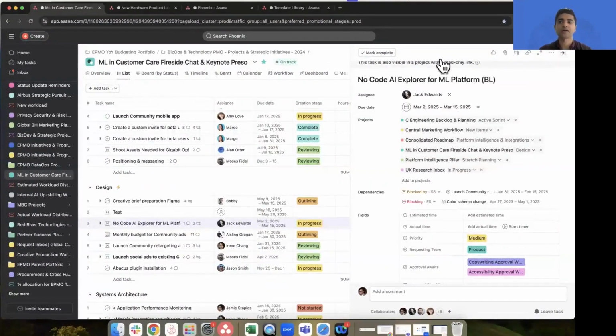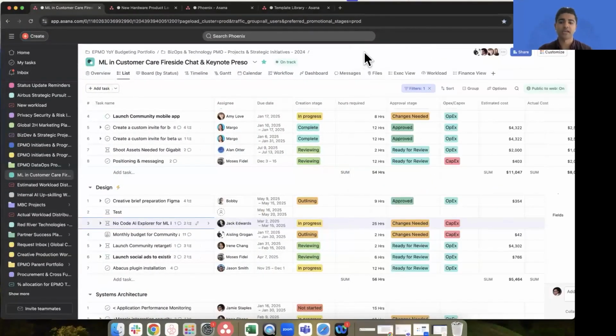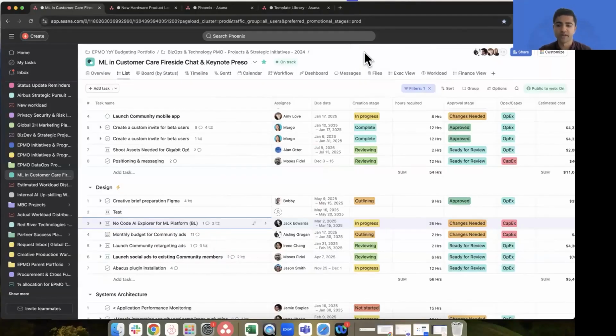People can also lock these actual custom fields so that not just anyone can go in and change them, giving you a little bit more data control. So now let's think about the case where you've got dozens or hundreds of these projects that you're involved in, right? How do we figure out what do we need to do? What are all the conversations going on? What are all the changes without having to go to every single project one by one? That's where the personal productivity suite comes into play.